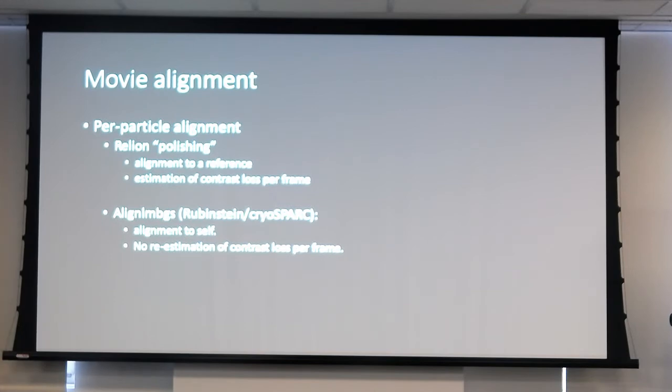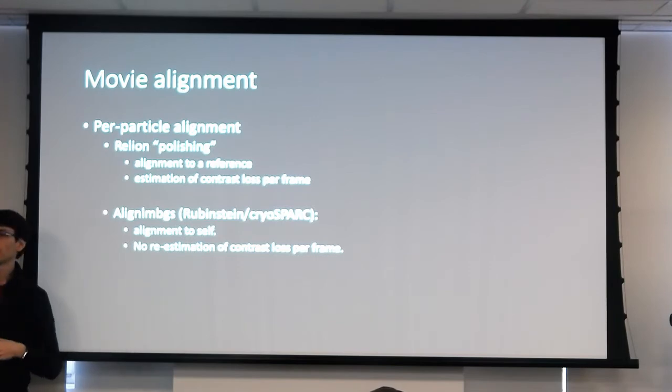There are two major different ways of doing this. One is called Relion polishing, which is basically aligning your particles in your movie based on a reference. So that's a major thing. Later on in your workflow, you reconstruct a 3D volume, you align all your particles to the 3D reference, and you can expand your movies and align each particle of the whole movie stack